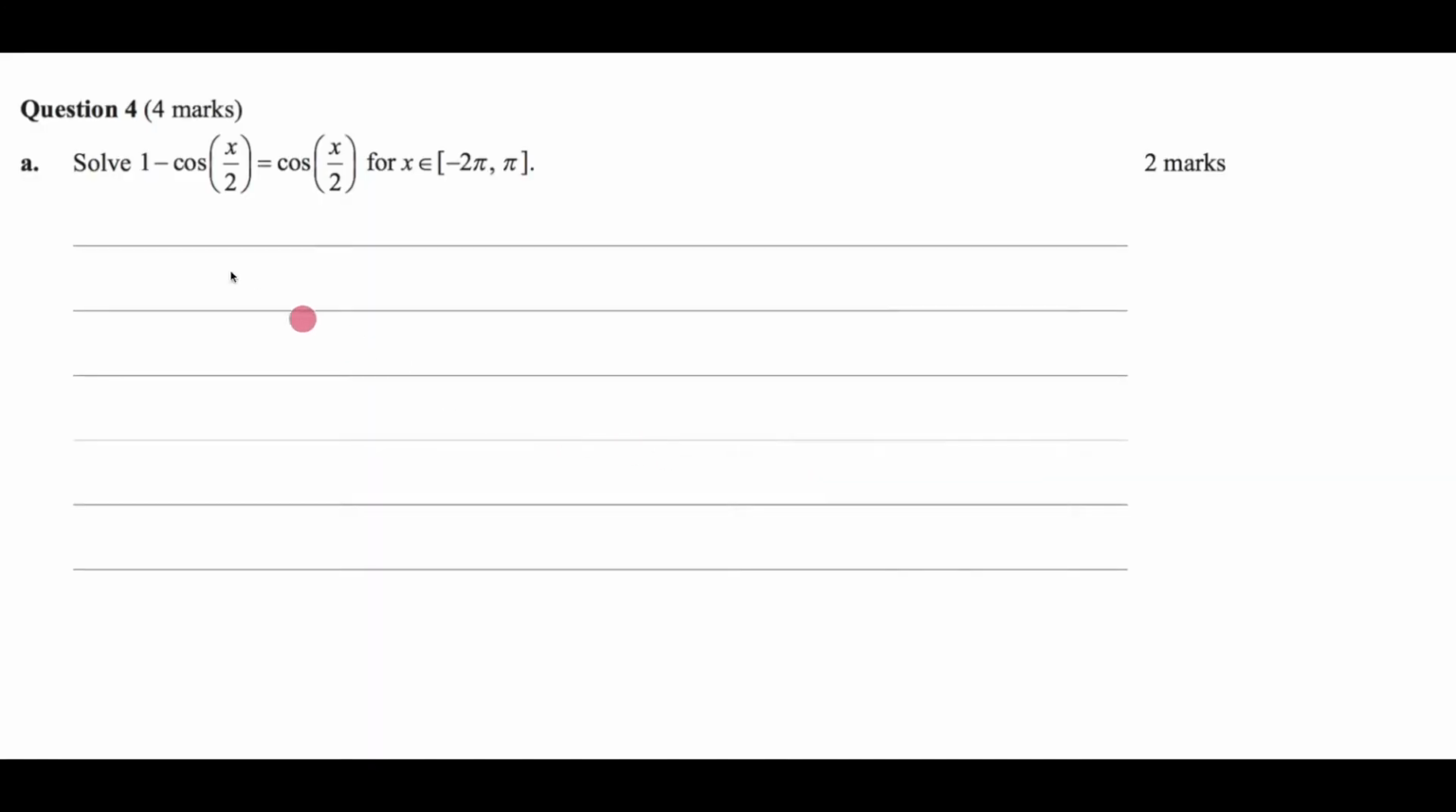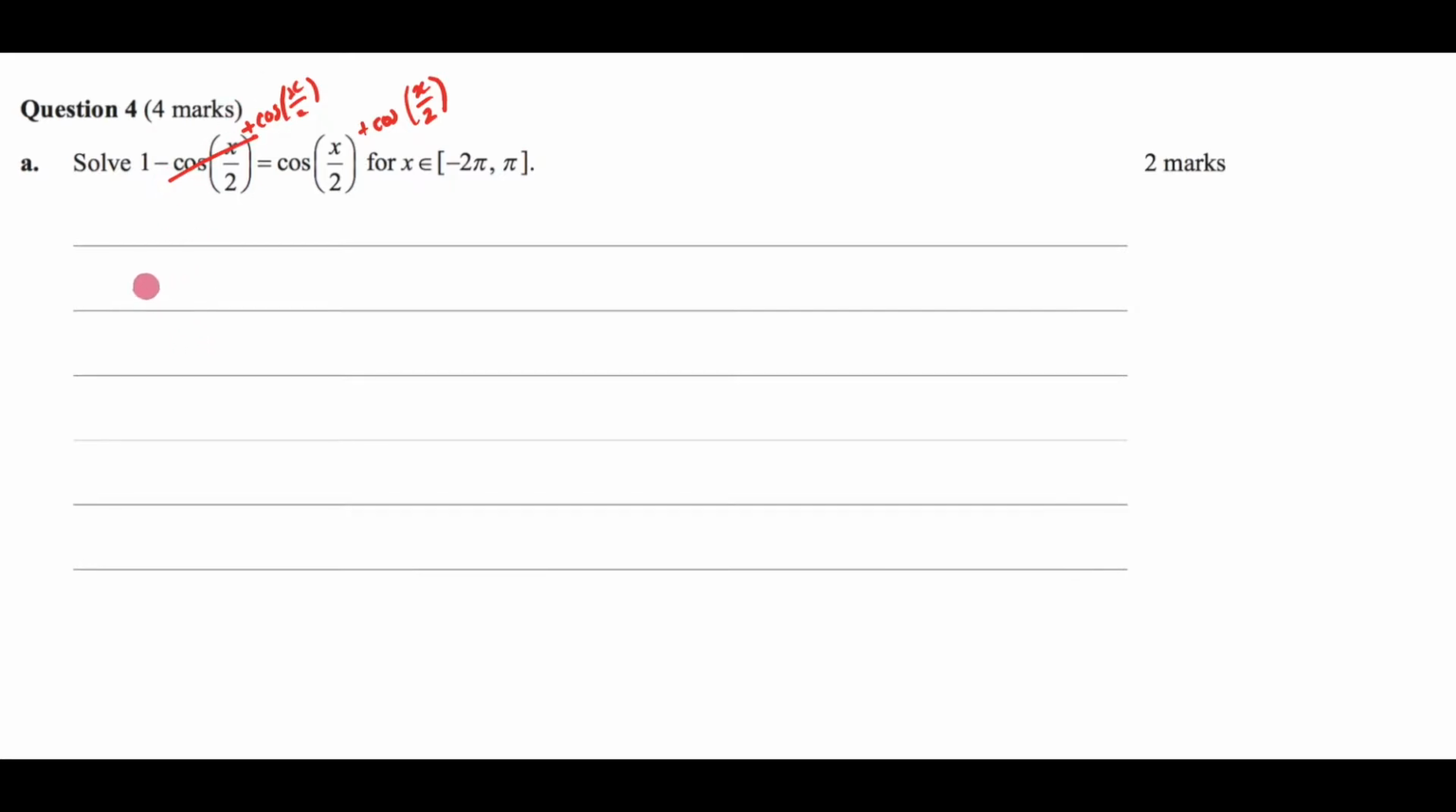We are working through question 4, part A, in which we're asked to solve 1 minus cos of x on 2 equals cos of x on 2, for x an element of negative 2 pi to pi. The first thing I'm going to do is rearrange this so I have cos on only one side. So I'm plussing cos of x on 2 to both sides, and by doing that this is going to go